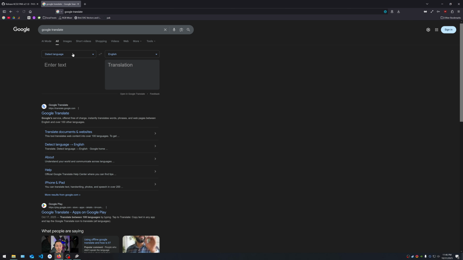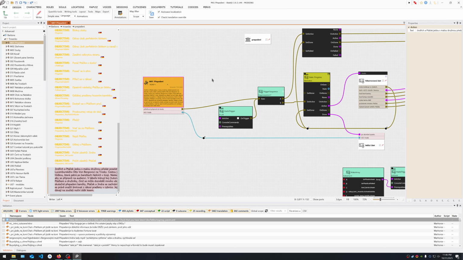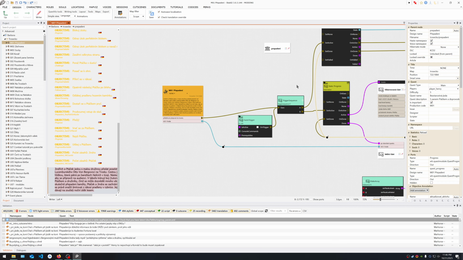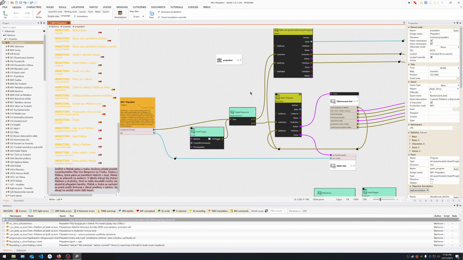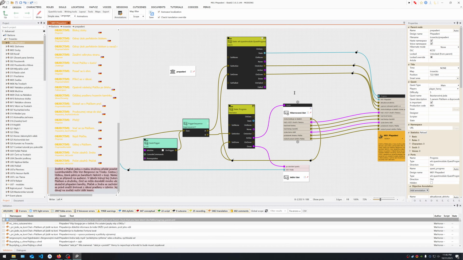So Czech. So you see Jindřich and Pešek go with a small group to deliver a message from Hannes of Lipa and Josh of Luxembourg. I think Jindřich is Henry and Pešek is Hans. Okay, but anyways, the mission starts. It triggers a sequence. This is the first quest. It starts right here,